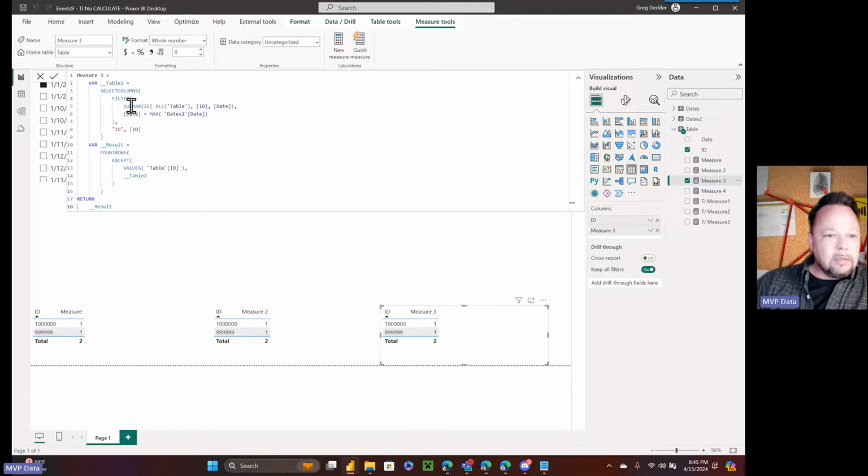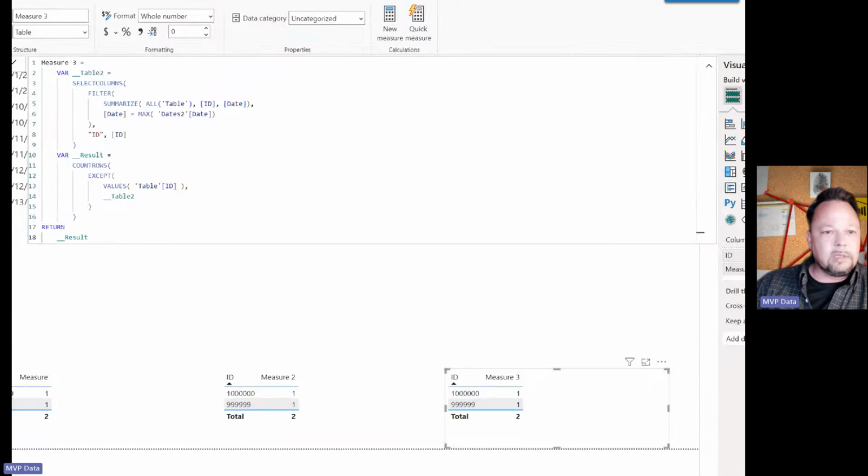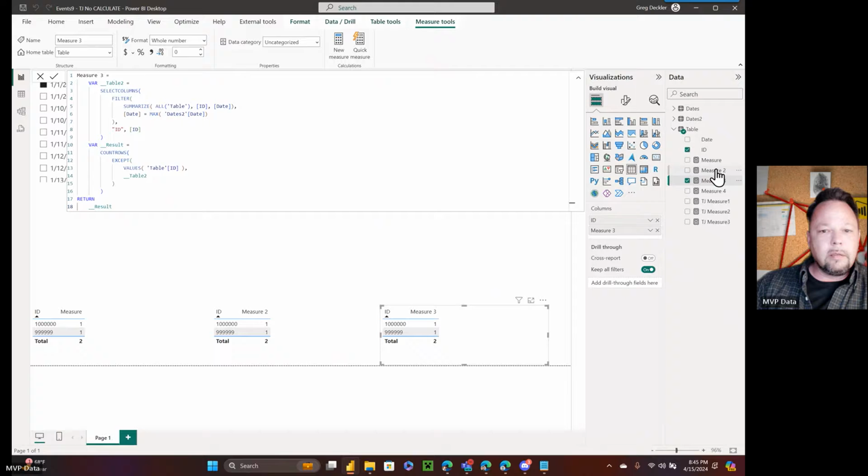Measure 3 does very similar. I'm not sure I see the difference between this one. Oh, that's right. Distinct versus values. I think Tamer came back with values, and I was messing around and trying to use distinct.